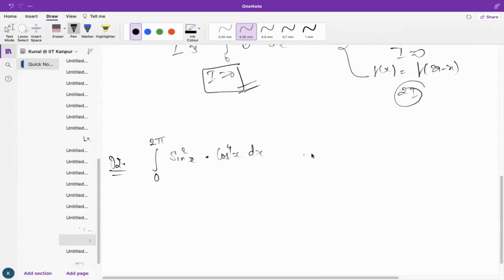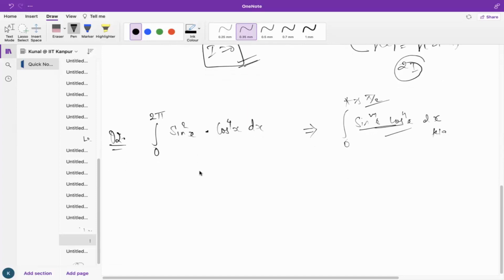This integrand is also of the form sine to the power m x, cos to the power n x dx, from 0 to some limit, the star limit. So we can also apply Wallis here, but for Wallis we know that the star value is pi by 2, right? So you have to apply Queen's rule here, because in Queen's rule the limit value becomes half of the initial. So applying Queen's rule here,